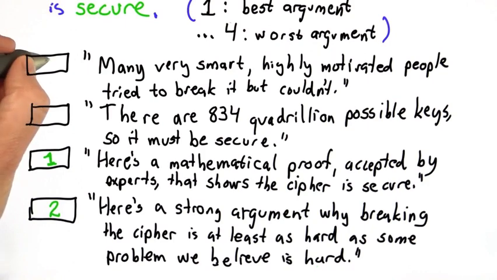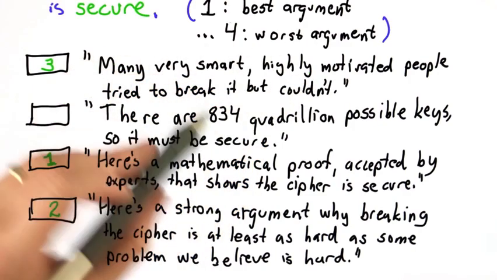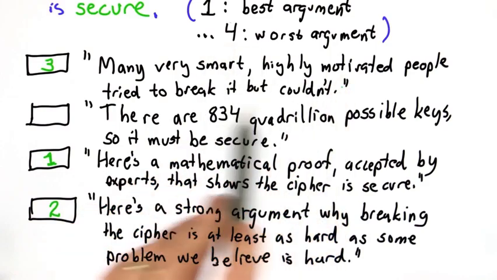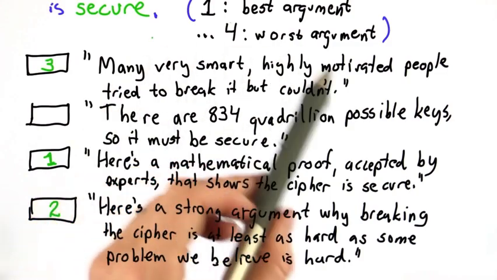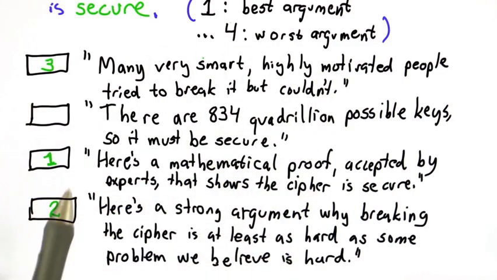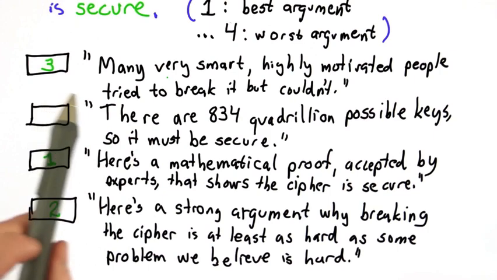The next best is this one, that many smart, highly motivated people tried to break it but couldn't. This is often the best we can do. And for the best symmetric ciphers that are in use today, this is really the reason that they're argued secure. There may be formal arguments that show why they resist particular attacks, and that's part of smart people trying to